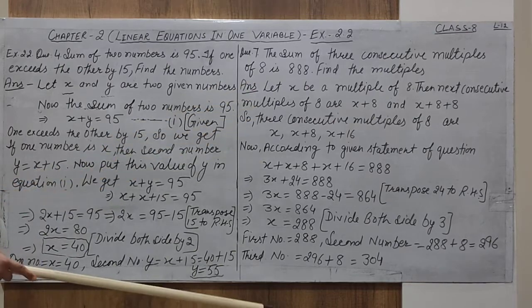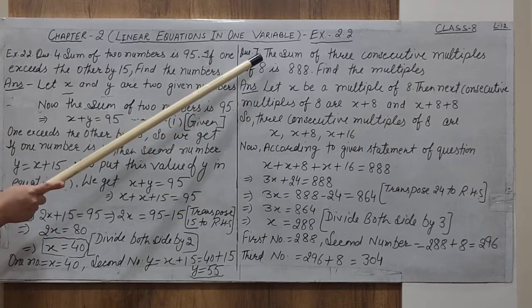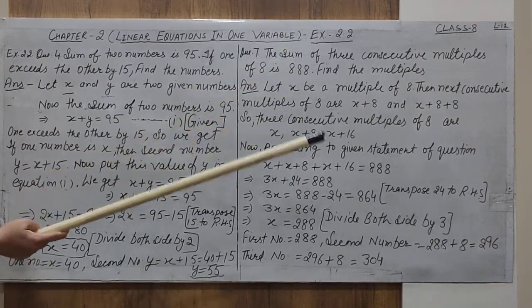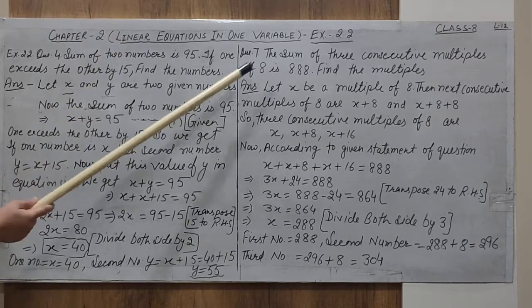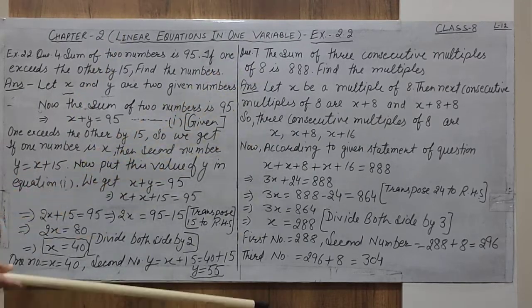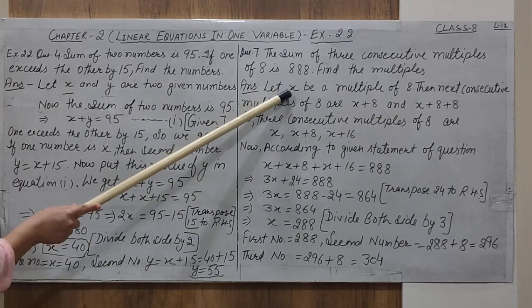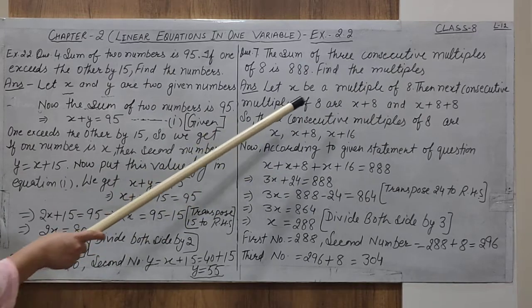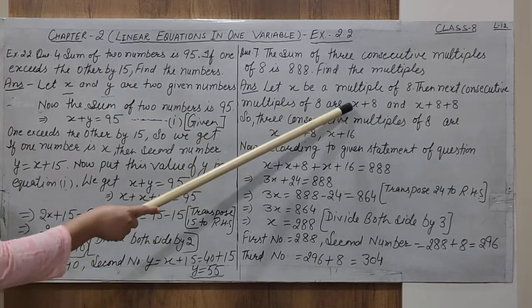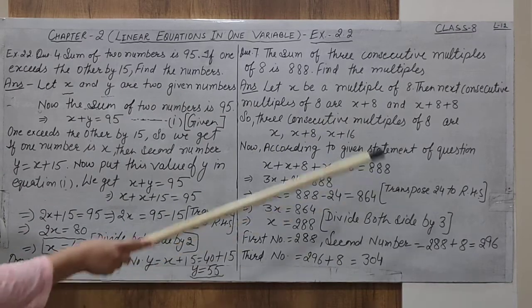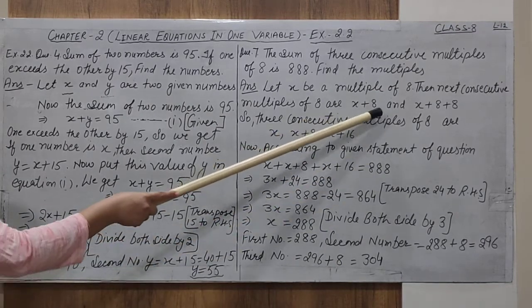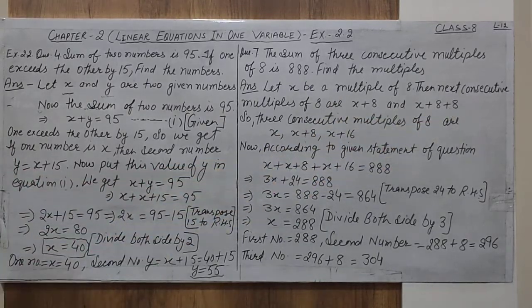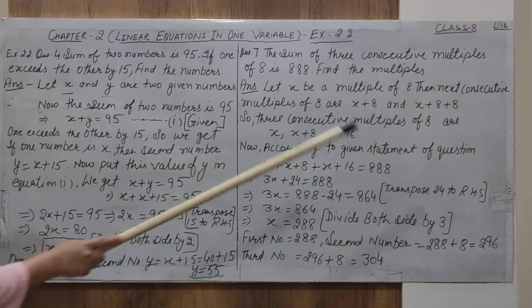I hope you understood both the questions very well. In this question, what we have done is first take the sum of three consecutive multiples of 8. If the question is to find the sum of three consecutive multiples of 11 or 12 or 9, you must use the same method. The first multiple you must suppose as x or any variable. For the next consecutive multiples of 8 or 9, you have to add that number to x, similarly to how we added x plus 8. Next, in this number, add 8 again. So this is the method to find the multiples.